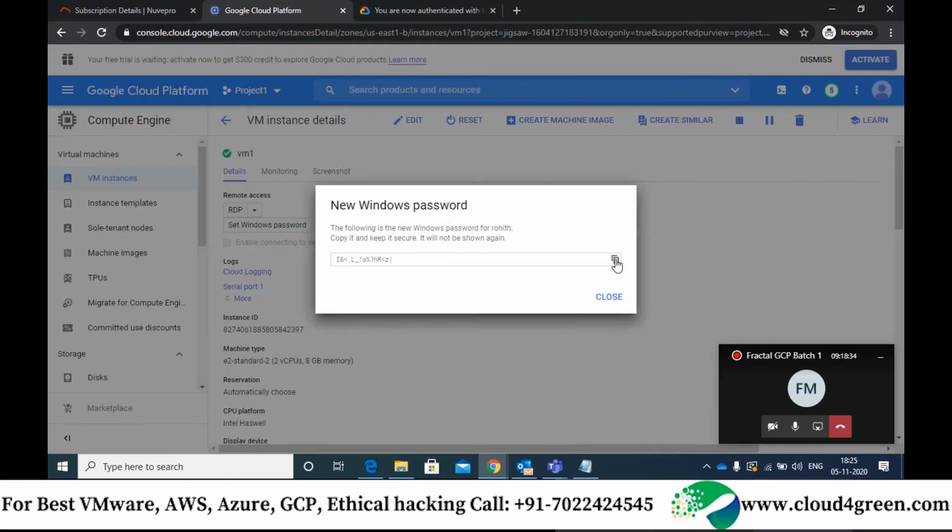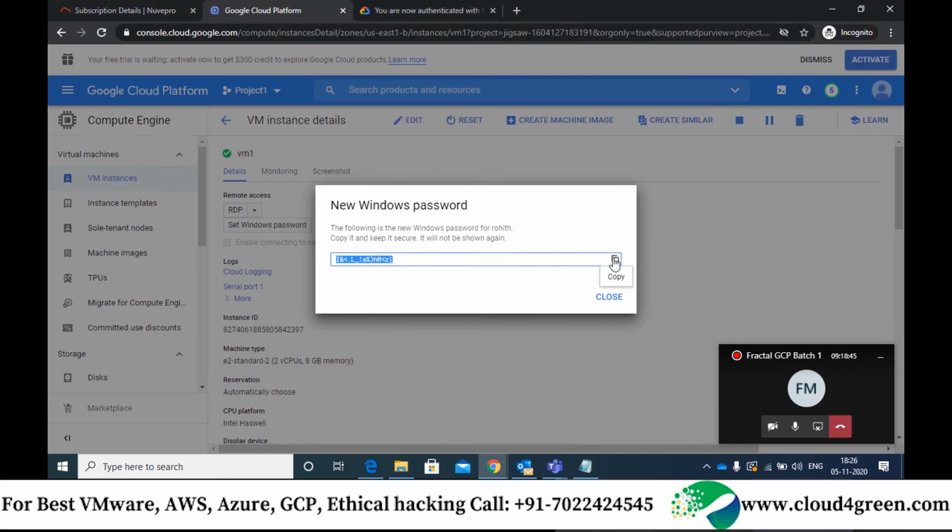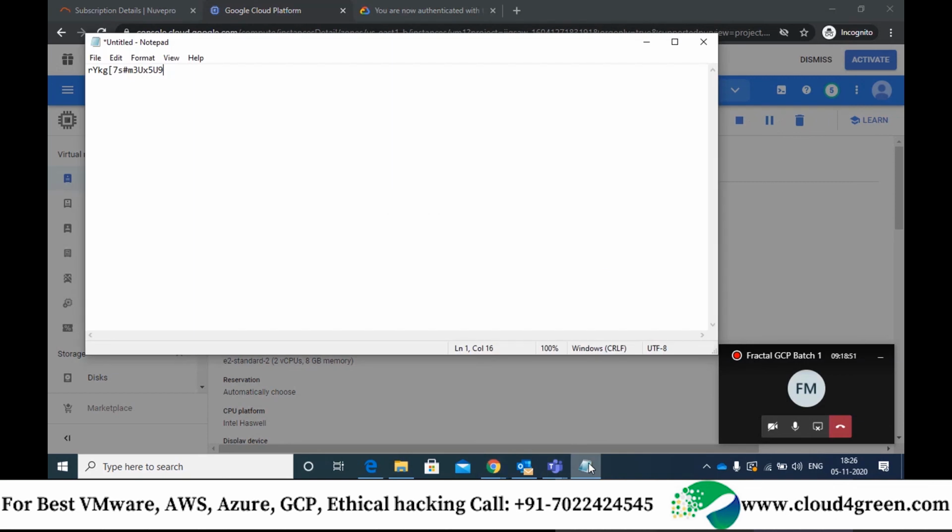Copy the password. Put it in Word, Notepad, something. Okay, can you try now again? Close this. No, it's copied, I guess. Oh, it's a different password. Remove all. Okay, paste it now. Minimize this.